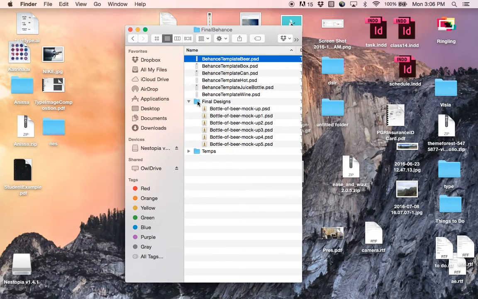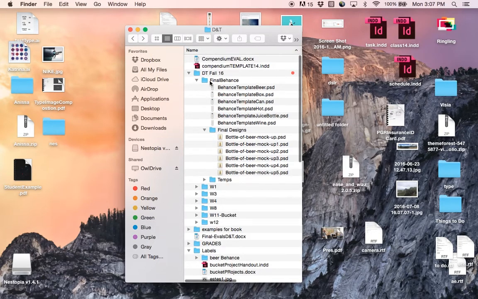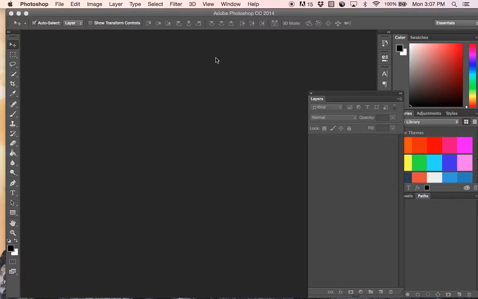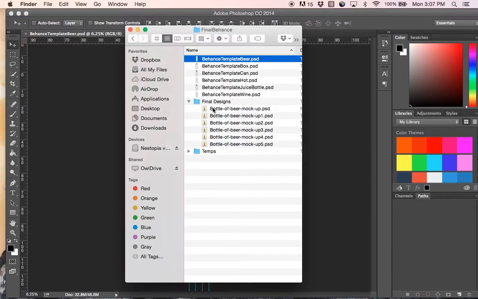And then I would highly suggest, just to get organized, I have my Behance template for beer, to put it in a final folder, and then also take all your final designs and put them into a folder as well. So again, within my design and type, I just have a final Behance folder with my template, but also all my final designs. So first thing we want to do is open the beer template,